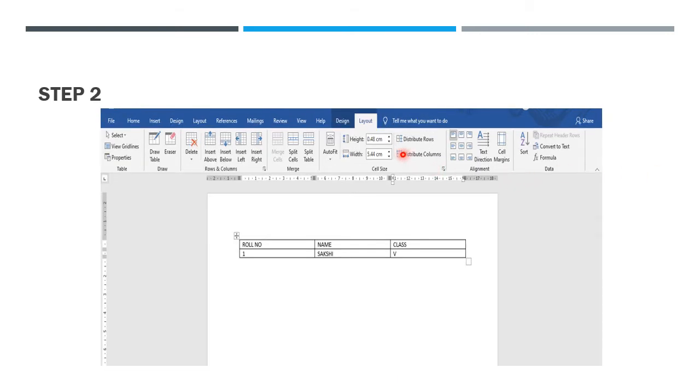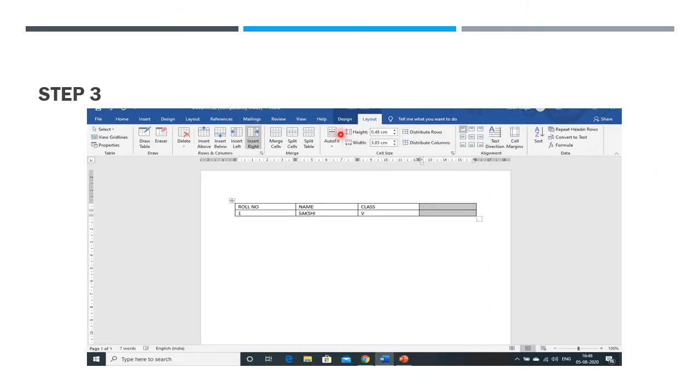In step 2, click the Layout tab. See, here the Layout tab is present. Click this one. After you click the Layout tab, see here, Insert Right or Insert Left in the Rows and Columns group.